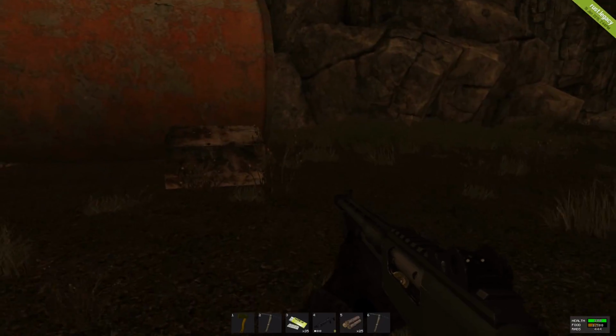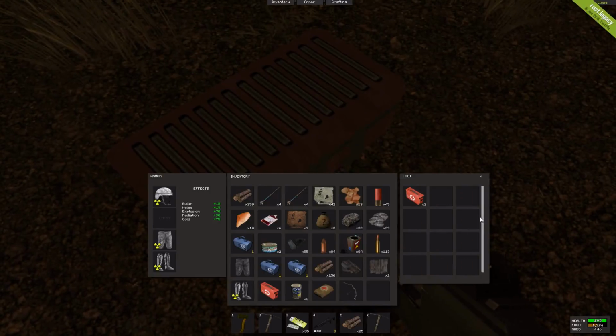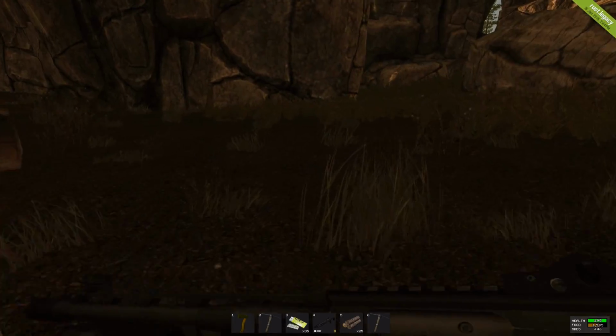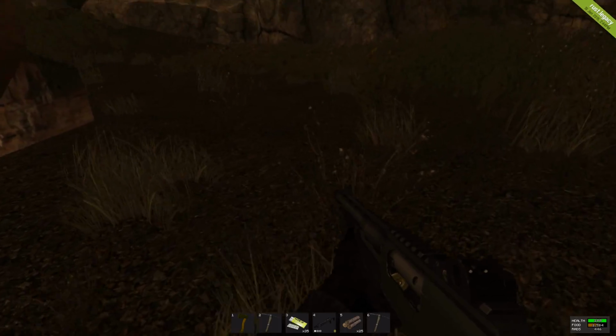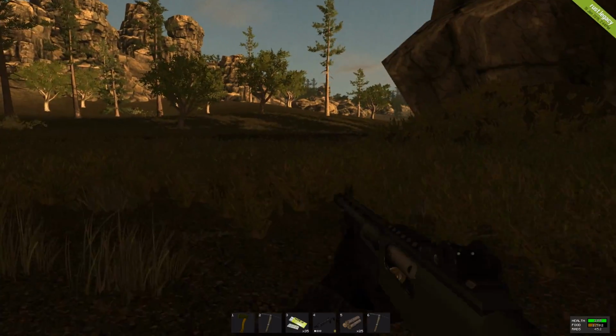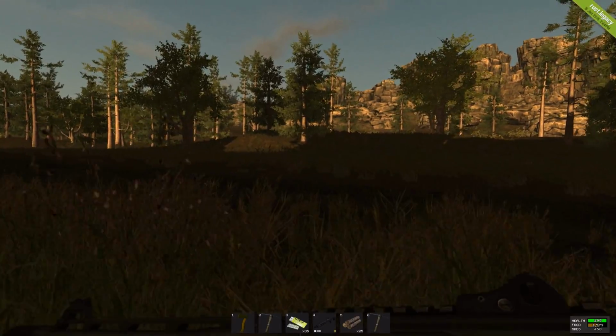Okay, so we're at the oil tanks here, and we are just about to leave. I've had a quick look. There's a box. Let's put that with that one. Yeah, so I've had a look around here at the stuff. Nothing exciting really. So what we're going to do is head to the other rad town,